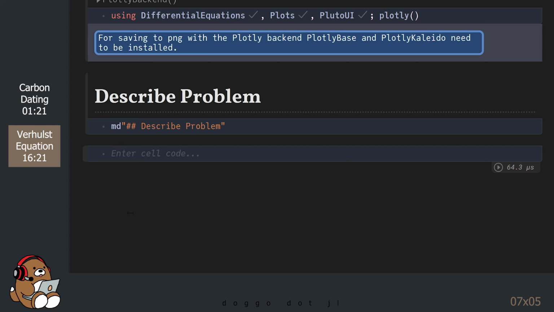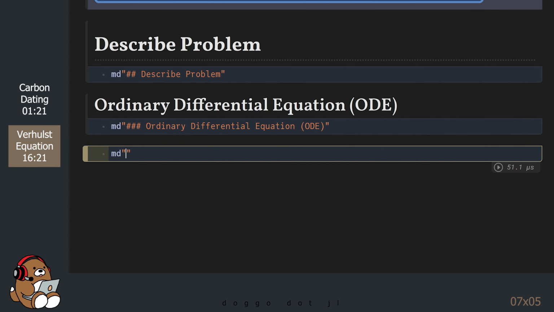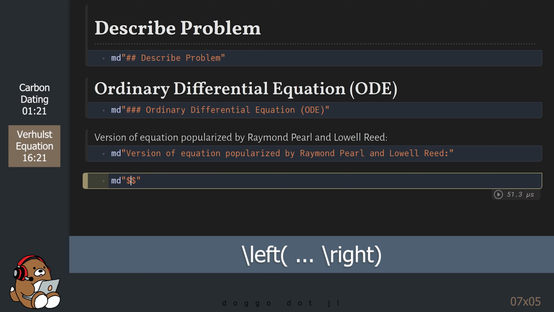Just like the continuous compound interest problem and the radiocarbon dating problem, the Verhulst equation problem is an example of an ordinary differential equation. You can display large parentheses in LaTeX by using \left or \right, immediately followed by either the opening parenthesis or the closing parenthesis.